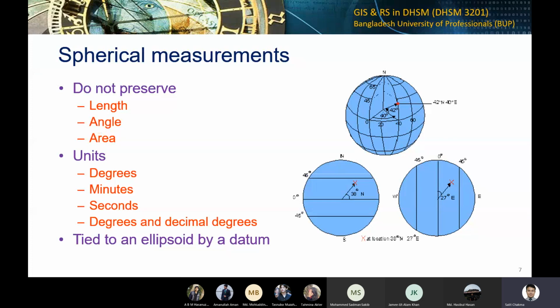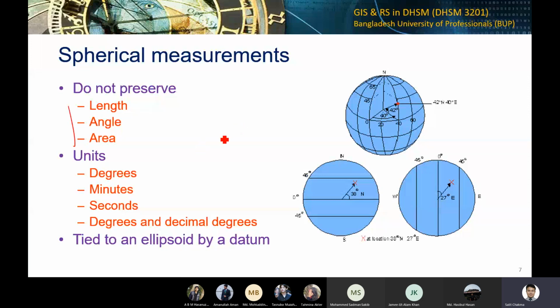So what happens is it represents the Earth accurately. However, it does not preserve any of these. Okay, it fails to preserve the length, angle, and area. Okay, why? Because